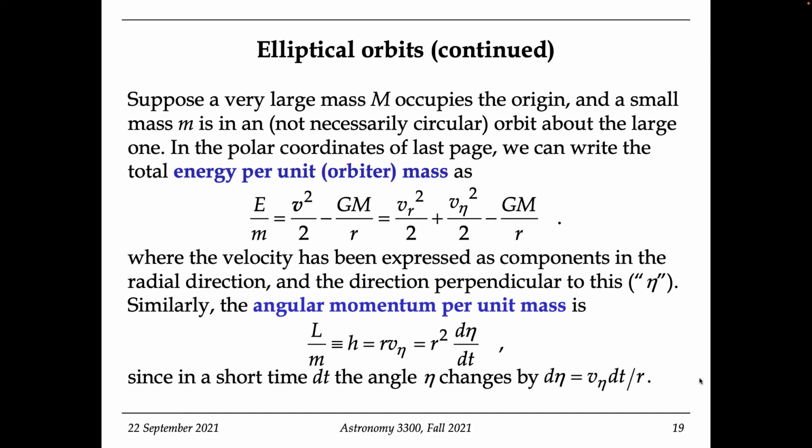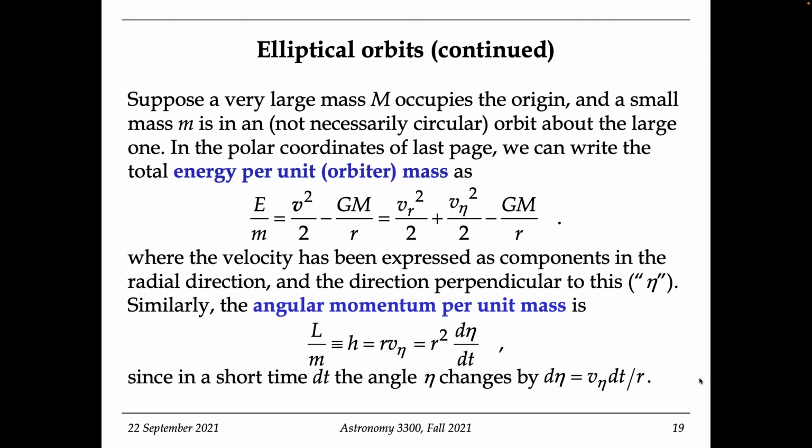If the orbit is circular and r is not changing because the eccentricity is 0, then you get back what you thought you had. This is just the